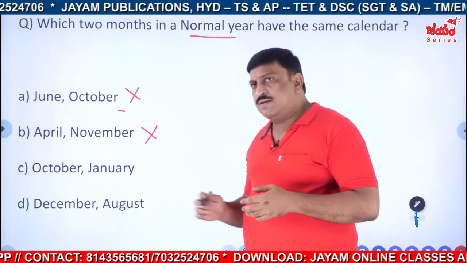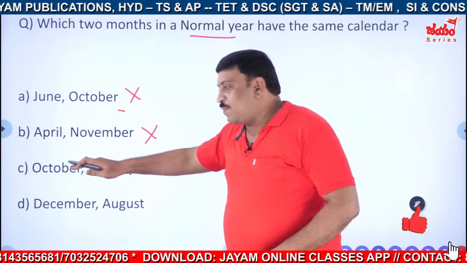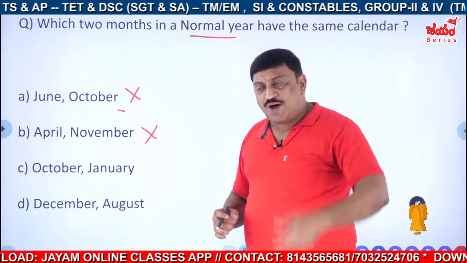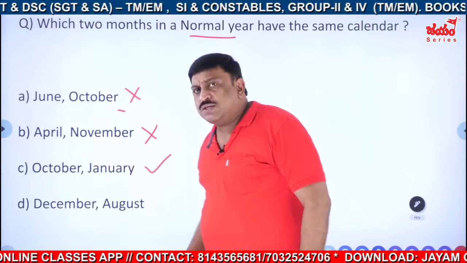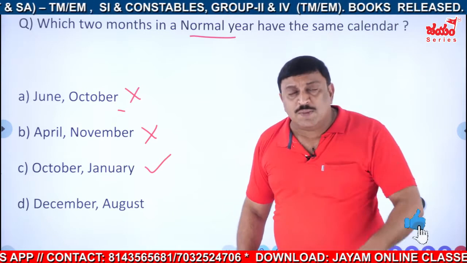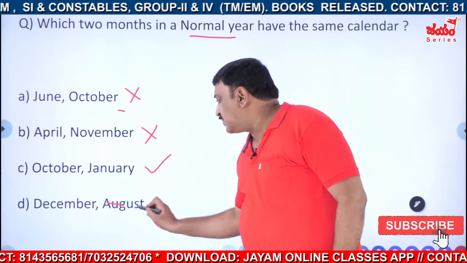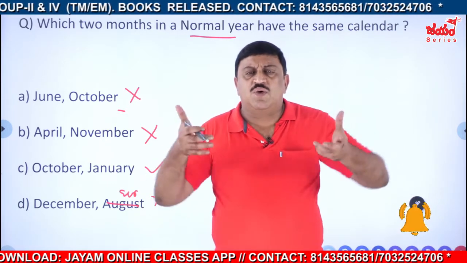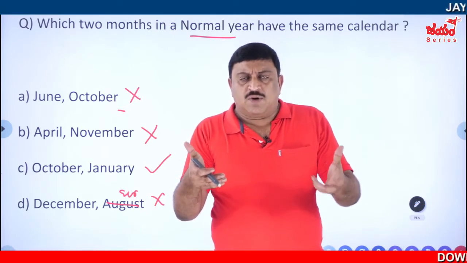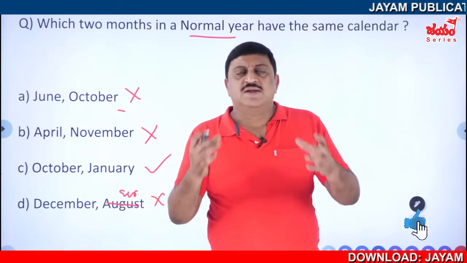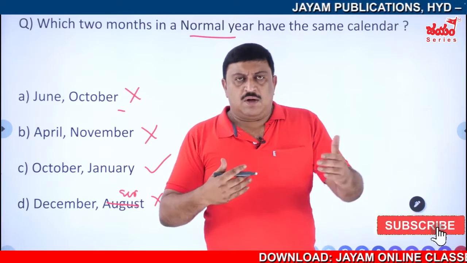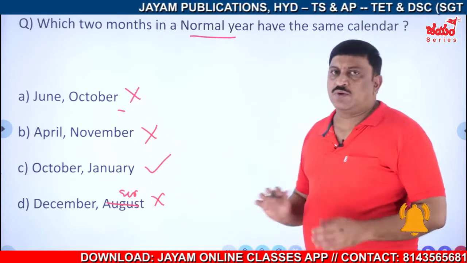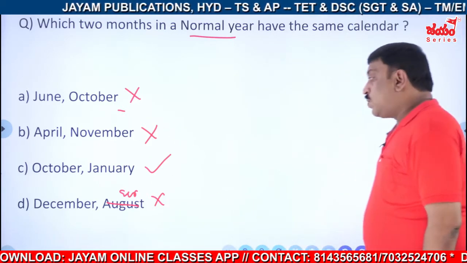And October and Jan? Yes. It is not Jan, October. It is given other way around, right? October, January. January pairs with October, definitely. And December, August. December should pair with what? December should pair with September, not August, right? It should be September. Okay, so this is also wrong. See, once we got the concept behind this one, don't learn by heart this one. That is my point. Once you practice this one, based on your concept, it will be easy for you to get the answers, right? Okay, let us go to the next question.